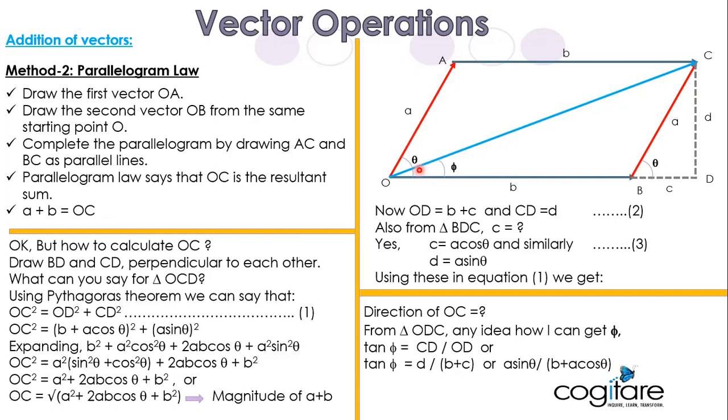Whereas in the case of triangle law, most of the numericals are around relative velocity. In physics, in the first chapter, we would encounter problems like: rain is falling vertically with a velocity of 30 meters per second, and a man is running towards east with a velocity of 10 meters per second. What is the relative velocity of rain with respect to the man? So in those cases,